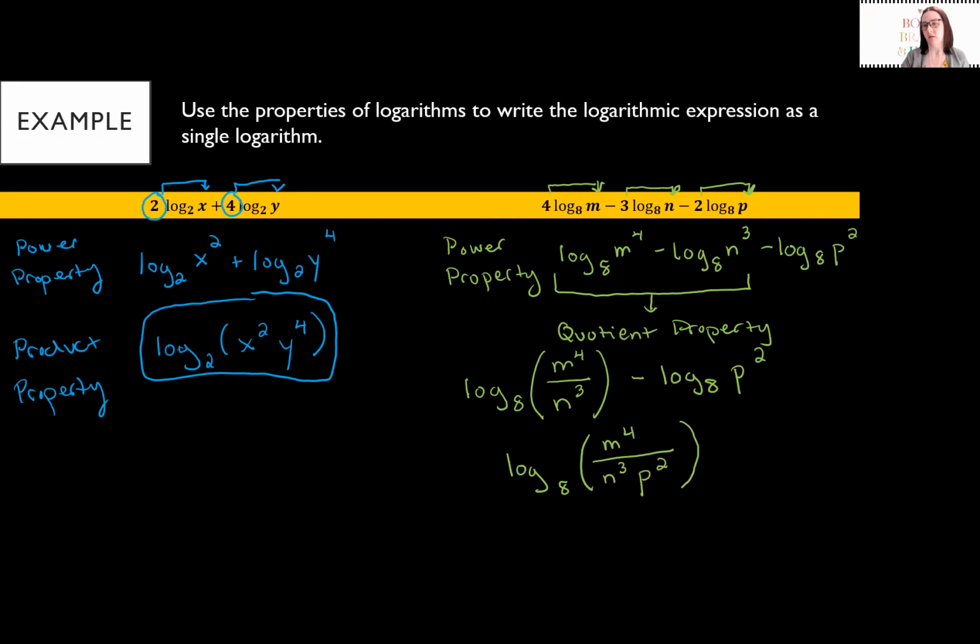p squared. So each kind of minus that you have here,